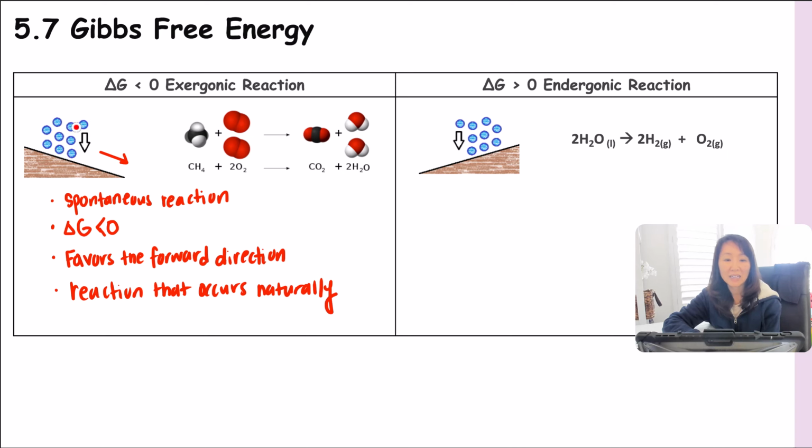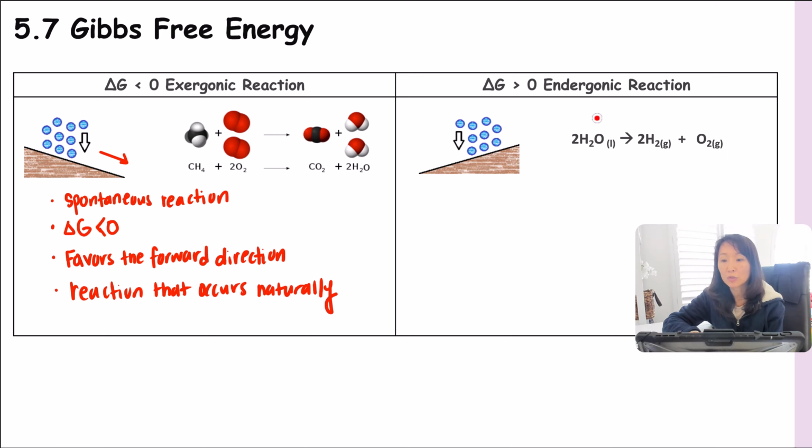All of these are represented by the delta G being negative, also known as an exergonic reaction. So if something is a reaction that is exergonic, then it should automatically pop in your head that this is a spontaneous reaction. In the other way, another scenario would be the endergonic reaction, meaning it requires energy